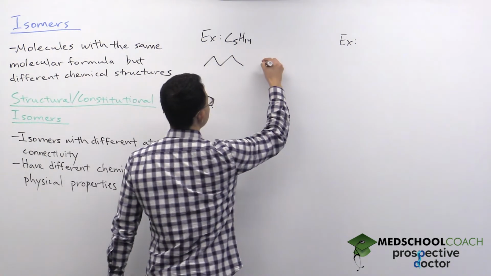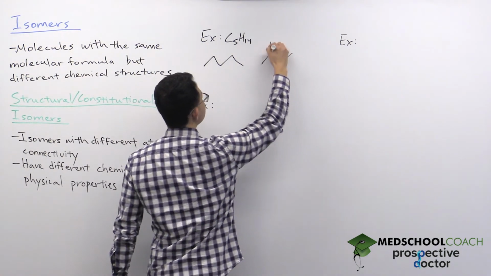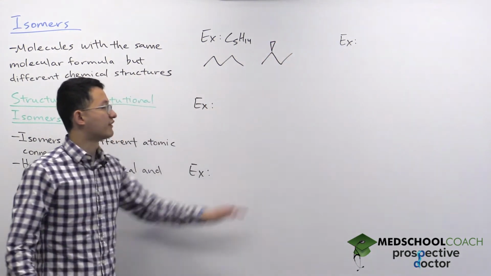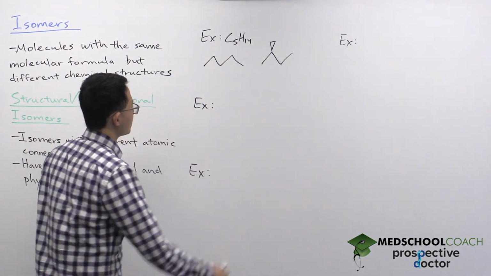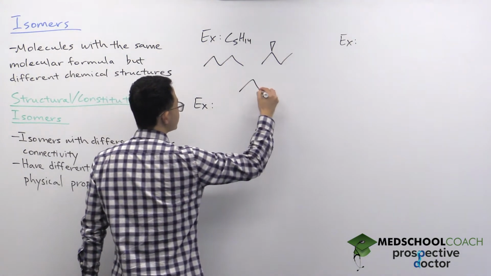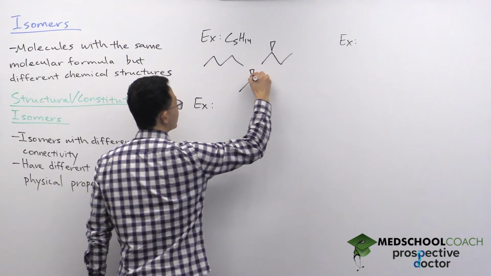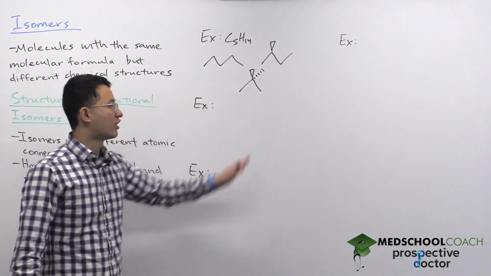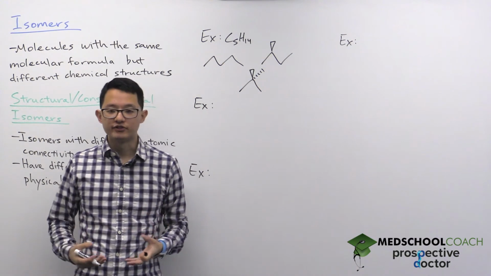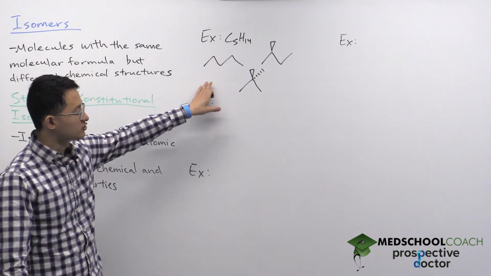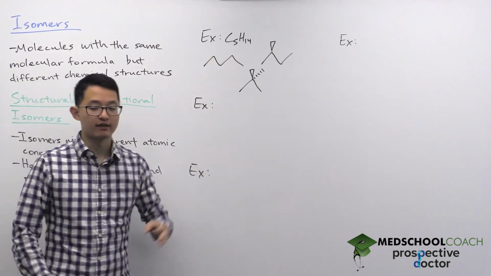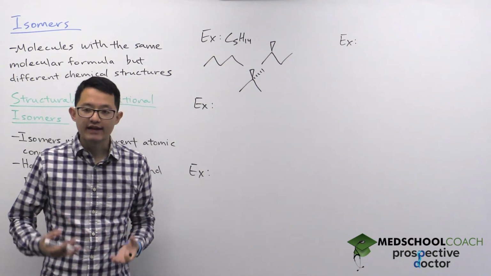You can also consider isopentane, where you have a 4-carbon chain and a methyl group attached. And you can also consider neopentane, where you have a single carbon in the center bound to 4 methyl groups. All 3 of these are structural isomers with the same molecular formula, but you can see how the atoms are